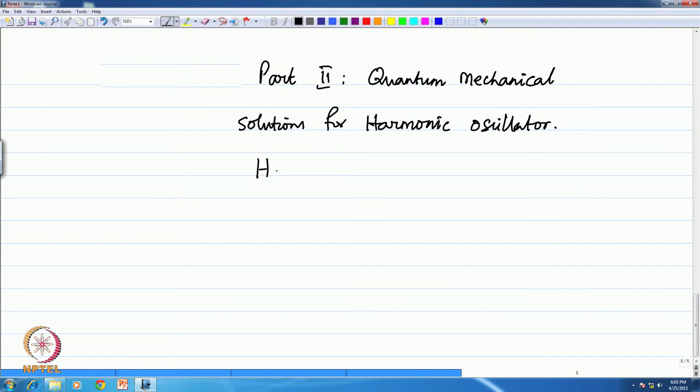In this segment, let us look at the solutions for the harmonic oscillator using the quantum mechanical methods and the solution of the Schrodinger equation, time independent, H psi of x is equal to E psi of x. The x is the position coordinate for the harmonic oscillator motion, and the wave function is a function